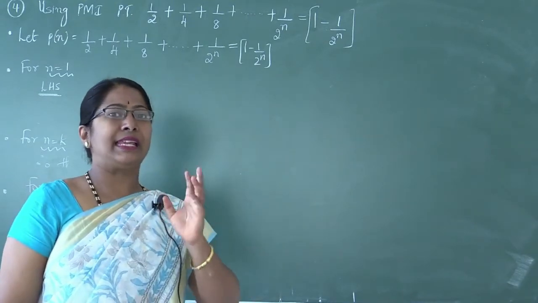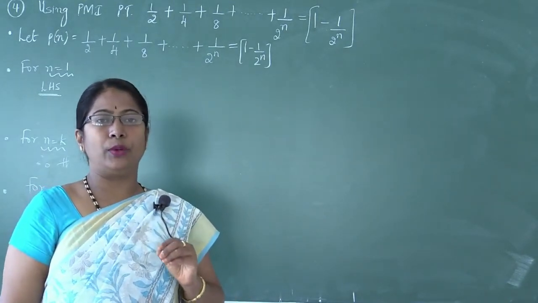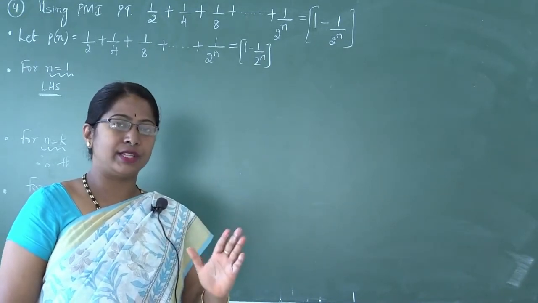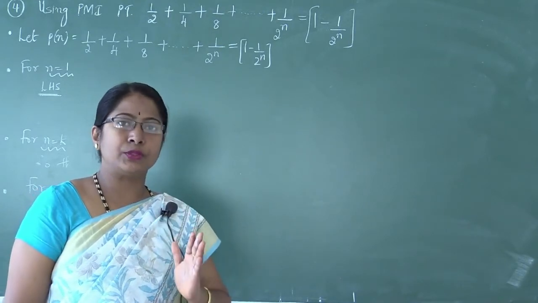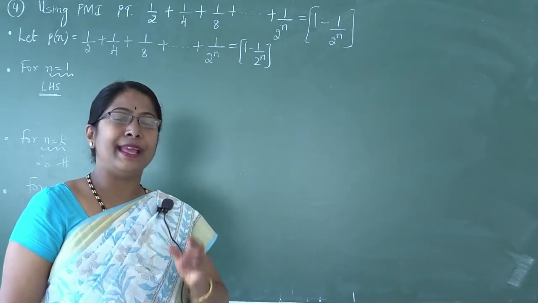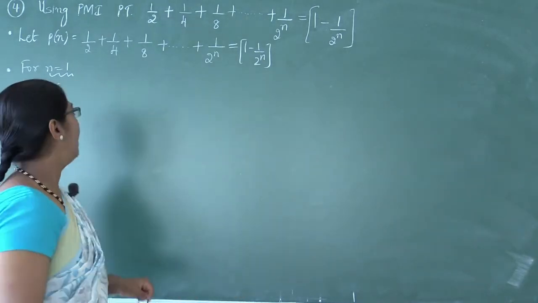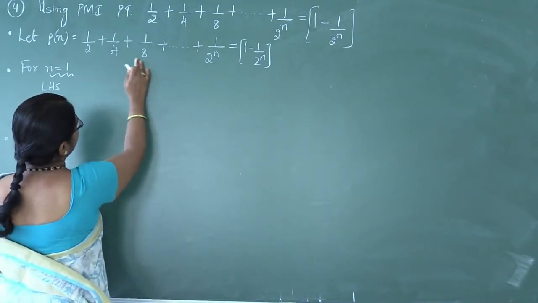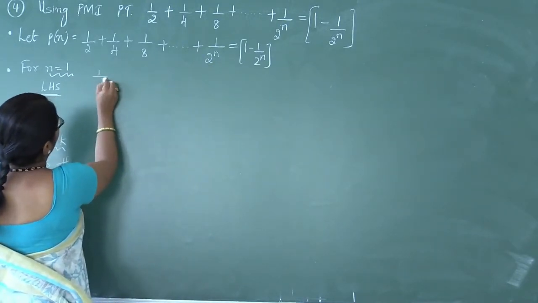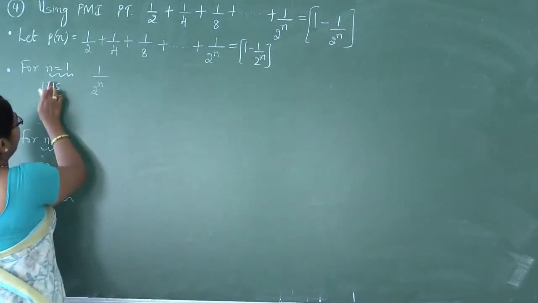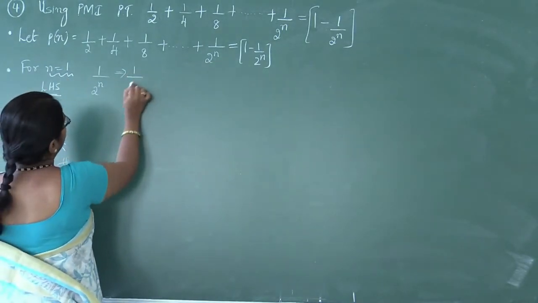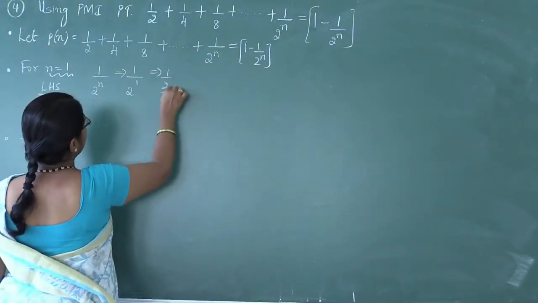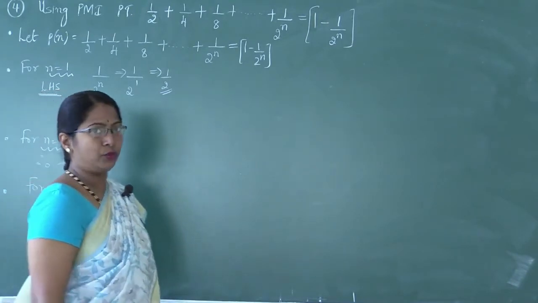Assume that the given statement is true for n equal to 1. Wherever there is n on the LHS and on the RHS, you are supposed to substitute the value of n equal to 1 and check whether LHS is equal to RHS. So what is the LHS term here? The nth term, that is the last term, 1 divided by 2^n. What is n equal to? 1. What is 2 power 1? 2 itself. The answer of LHS is nothing but 1/2.